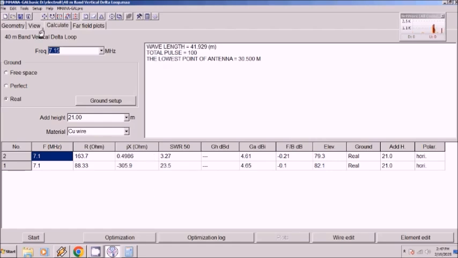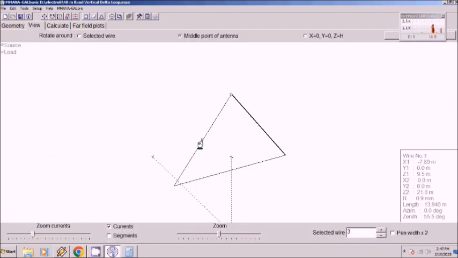What happens if there is an unmatched impedance here before using the impedance transformer? For example, if there is an RF signal from the transmitter going to the feed point here, there is going to be reflected power back again to the transmitter. That is called reflected power because the impedance is unmatched here.